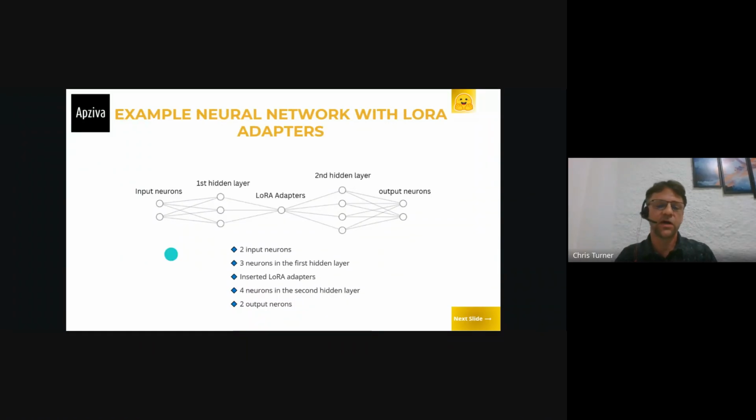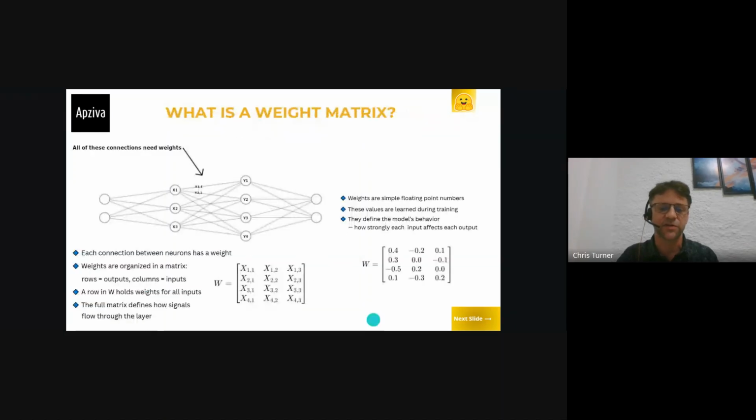Okay, and so when we are using LoRA adapters, what we're actually going to do is insert these LoRA adapters in between these hidden layers in the model. And we'll talk a little bit about how that works. But before we do that, I just want to introduce a little bit of how fine tuning works so that we can really appreciate what the LoRA adapters are doing.